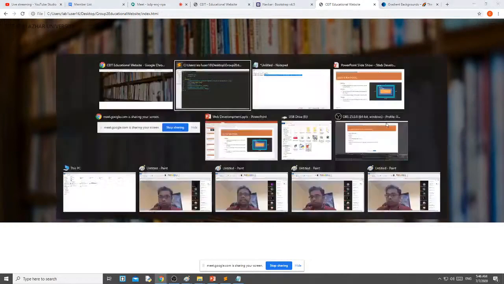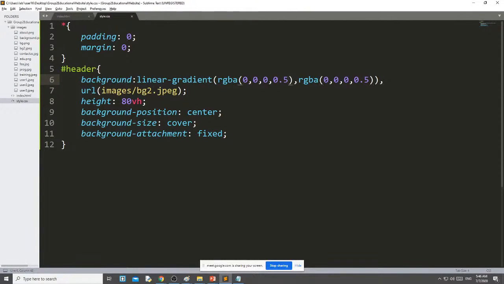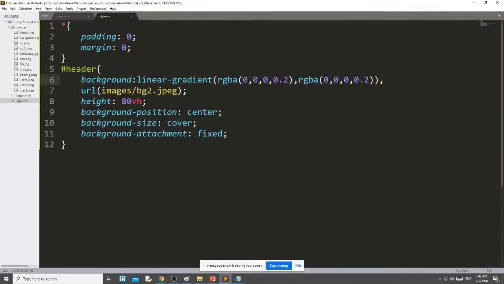Okay, now you see that if you want it lighter, then you can change this last value, suppose 0.2 and here 0.2, then you can see that it is lesser. Okay, but I am going to use 0.5.